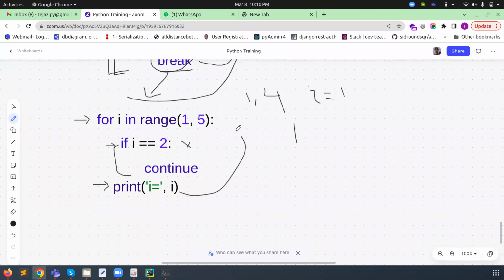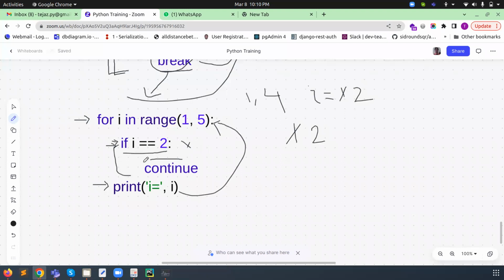Again from here, the control will come here in this way. Again, it will check the value. Now the value of i is 1, and it will increment automatically. The value of i will become 2. So what will happen? It will come here in this way, so this condition will be true. What is the meaning of this condition being true?